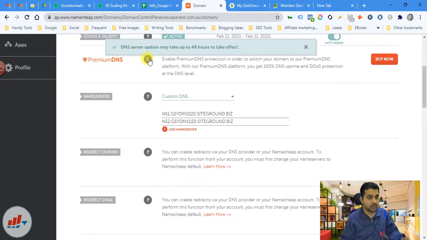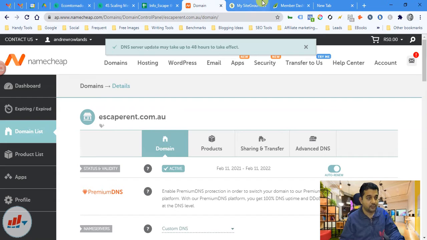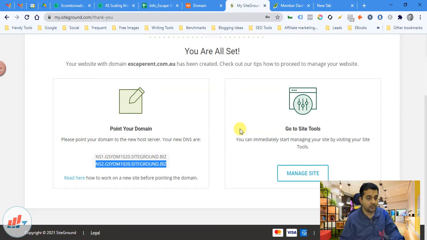The DNS server update may take up to 48 hours to take effect. Yes, it takes some time, so we'll have to wait until then. Until then, what we can do is manage the site. We can go to site tools.